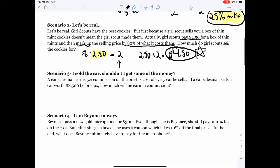All right, scenario 3. I sold the car. Shouldn't I get some of the money? Yeah, that's called commission. Let's look at this question here. A car salesman earns 5% commission on the pre-tax cost of every car he sells. So that means the amount before the tax is applied. If a car salesman sells a car worth $8,500 before tax, how much will he earn in